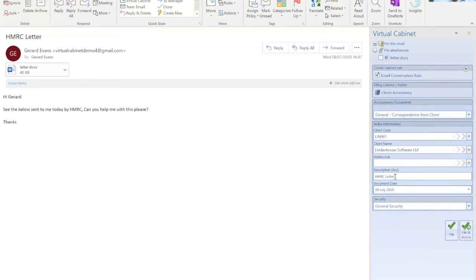It will automatically pick up the description as the email subject for you as well if you need it to. And if I click file, that then files that email into Virtual Cabinet for me. However, another additional piece of functionality that we've added here to help bridge the gap between manual and automatic filing